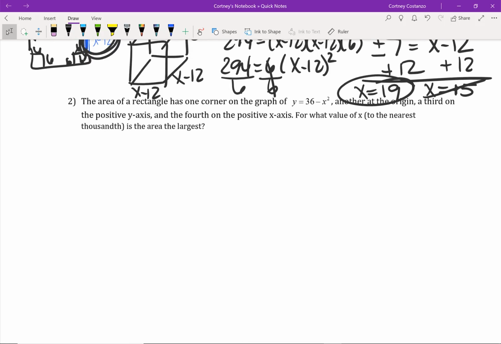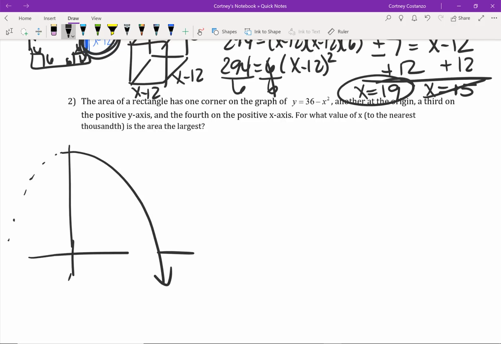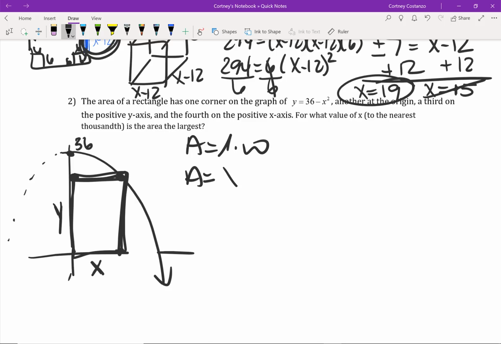Number 2, the area of a rectangle has a corner on the reflected parabola of 36 minus x squared. So we basically have an inscribed rectangle underneath this curve. The way that I set this up is this is an x distance and this is a y distance. Area of a rectangle is length times width, so area is x times y. And since they're giving me an expression for y,